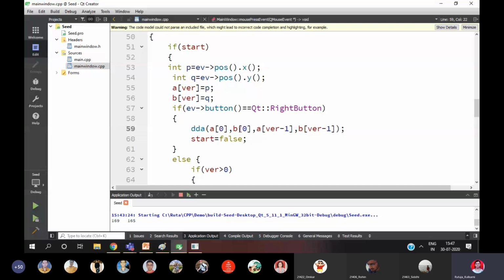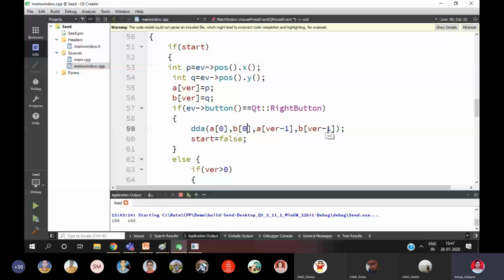A of 0, B of 0. And where will be my last point? It will be VER minus 1, VER minus 1. After right clicking, one more click happened. In case of mouse, I don't want that right click wala click. I want the previous left click wala. So that's why I have chosen VER minus 1, VER minus 1 over here.